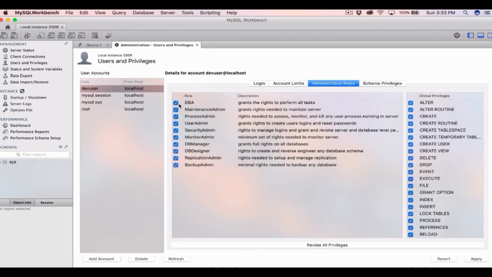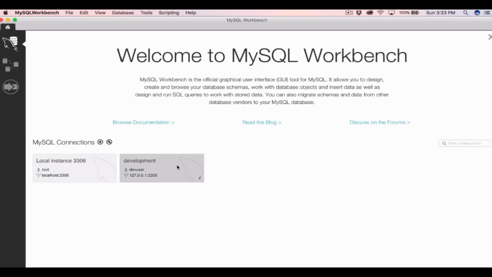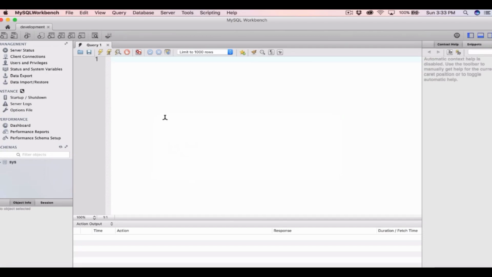So we want to tick this first box here, and now the dev user is going to have all the same rights as the root user. So he's going to be able to create databases and tables and delete stuff. That's what we want to do, and then we click apply, and then we can exit out of our root user and go to our dev user, and now we can start typing our first